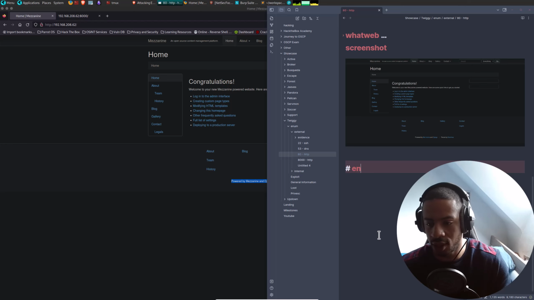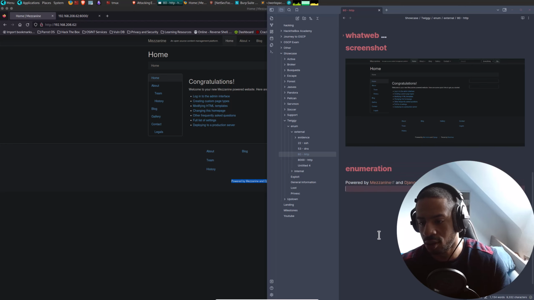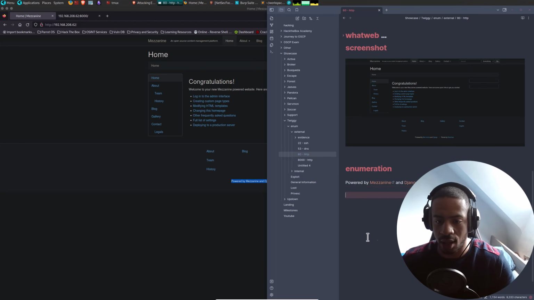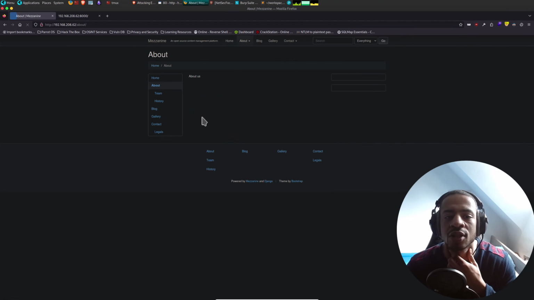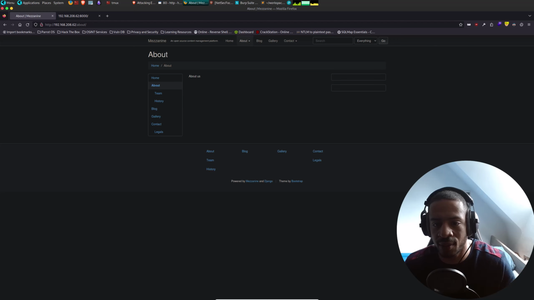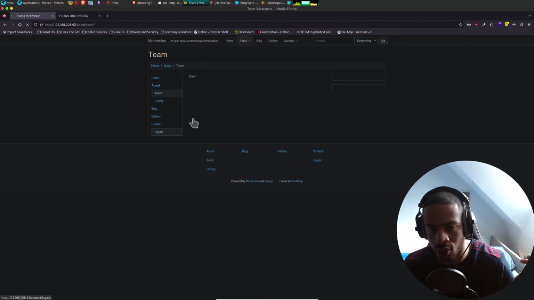Let's do enumeration and just walk through it. We've got the about page, and as you can see now, everything I'm doing here is just capturing on Burp. And I just try to touch everything, go on all links.